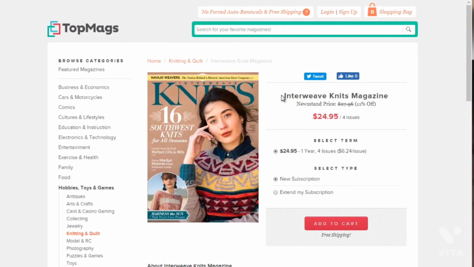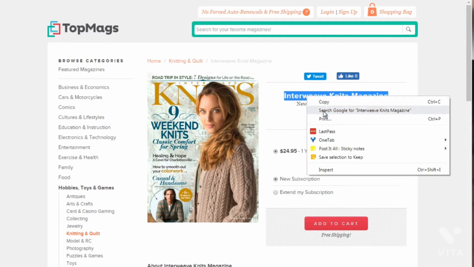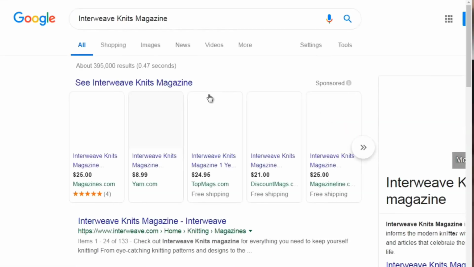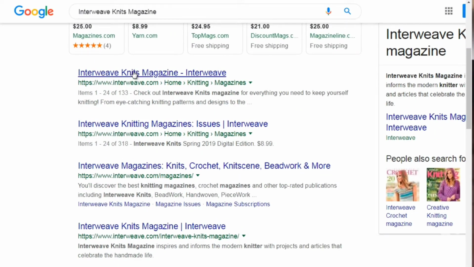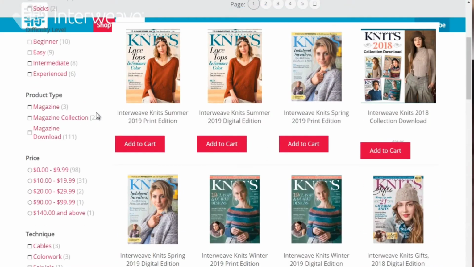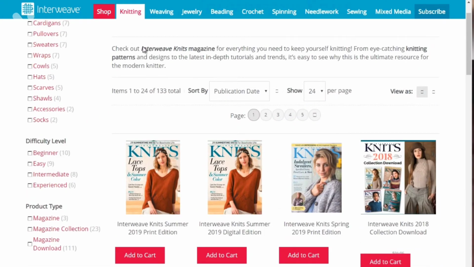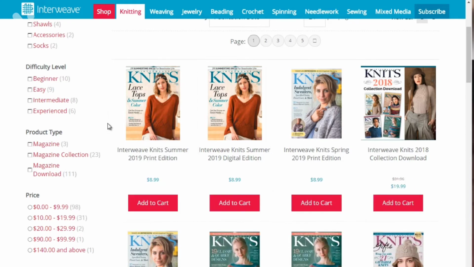This one is Interweave Knits Magazine. I'm going to do the same exact thing. We're going to right click, do a search on Google, and see if they have a website. And this one looks similar. So we're going to go over here. So it looks like they are covering a wide variety of different topics, but this one here gives us an idea of the coloring, the patterns,